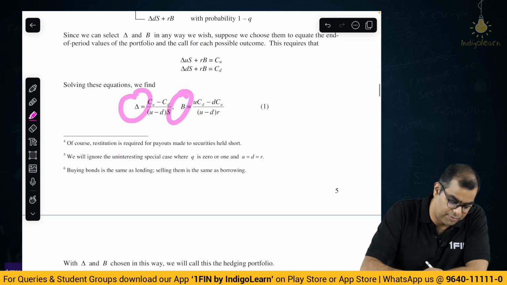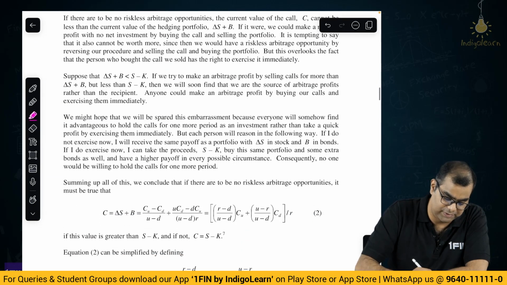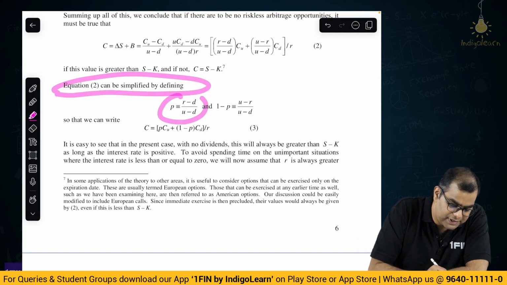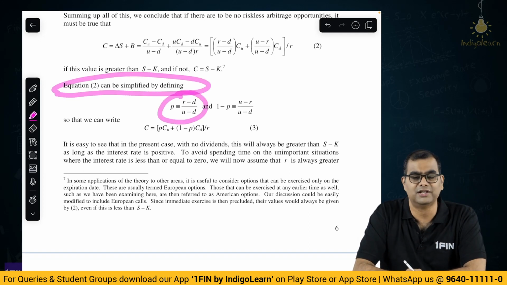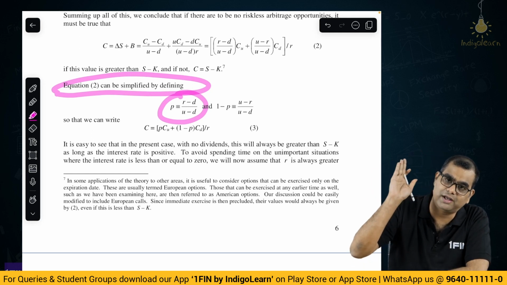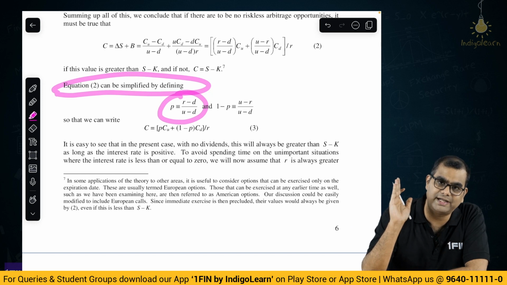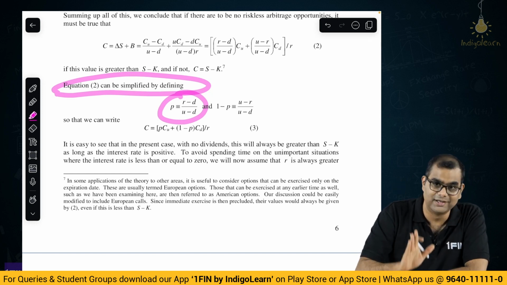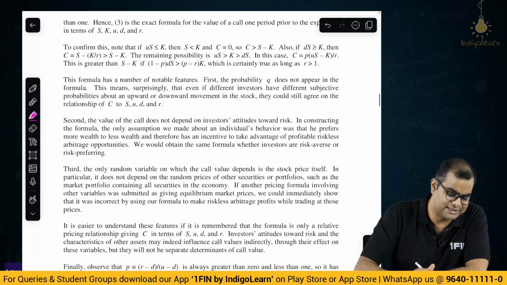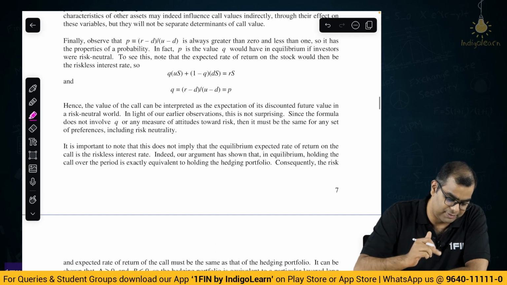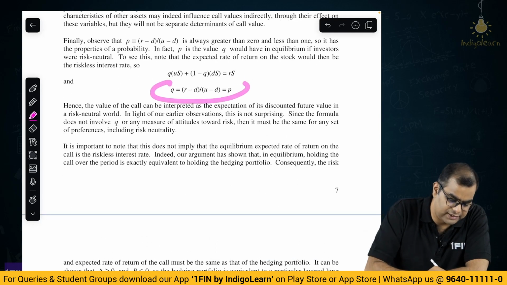Okay. And they have worked on the probability, and then they arrived at the values, and they arrived at delta, then they arrived at how much is the borrowing, and please note, they have said the equation can be simplified by computing p = (r − d)/(u − d). So, in binomial, this p = (r − d)/(u − d) is there as per the original model that was propounded in 1979 by Cox and a bunch of other people. Okay. So, anyone who says that that is not part, I completely disagree. I have shown you the original method.